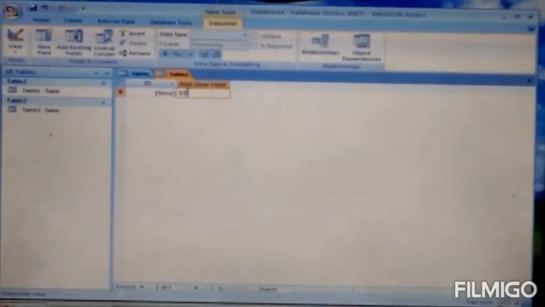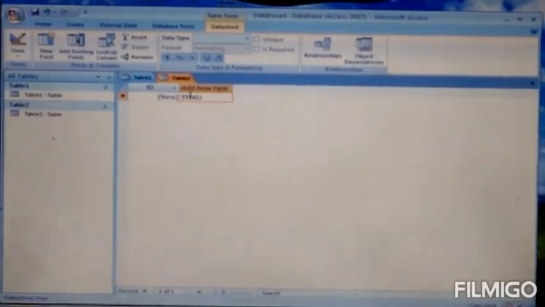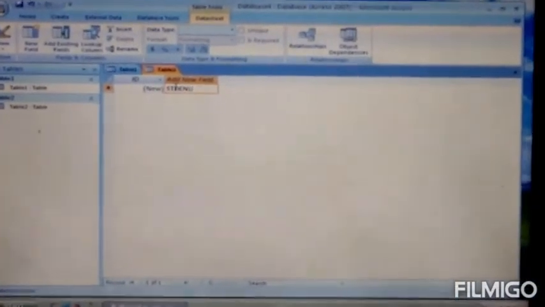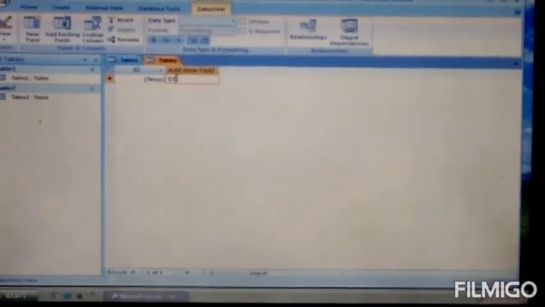Select any of the columns. So students, you can enter records one by one like this.